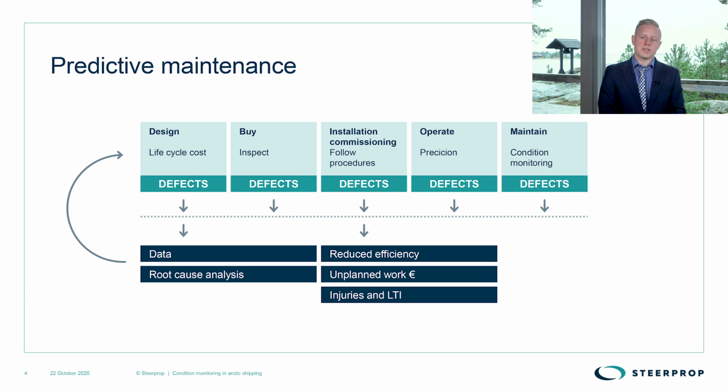But the last 2 boxes are the ones where an operator can make a difference. So you operate with precision to avoid the defects. In the end, all of the defects during the whole process end up in the last box for the operator to maintain. And here you need condition monitoring to control all the surprises that can pop up along the life cycle. All of the defects, if unmanaged, will develop into a failure at some point, causing reduced efficiency, unplanned work,